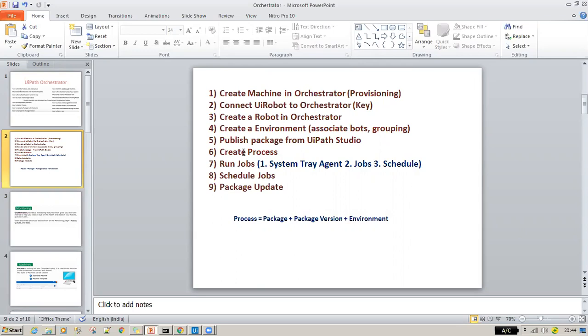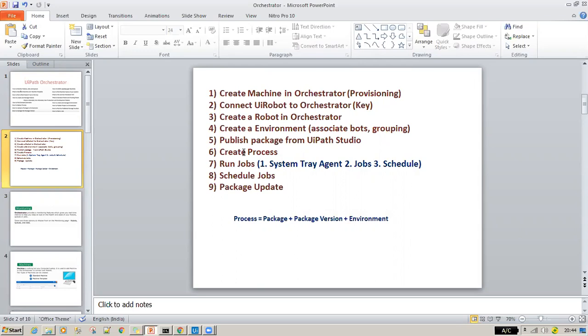So just remember, it is a browser-based interface that enables the orchestration and management of many robots with just a click. You have many different projects, and this whole Orchestrator is about how we can centrally manage these different projects.